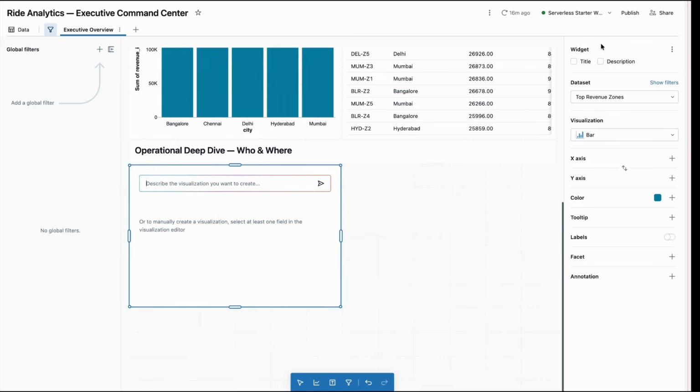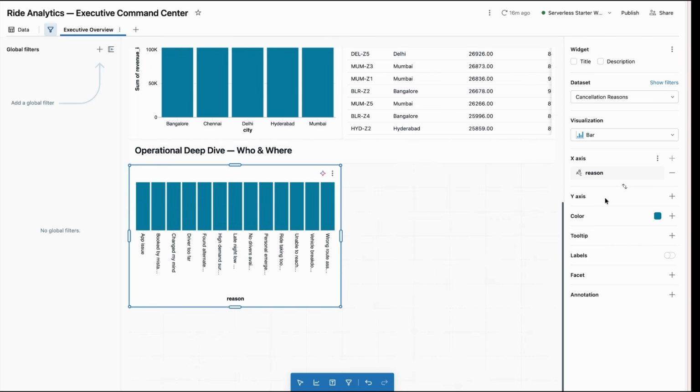The first visualization will be the cancellation reasons by city. So first things first, you add the data set here. The data set will be cancellation reasons. So this is the first data set. This will be a bar chart, that's fine. On the x-axis we'll have the reason. So you have the reason. On the y-axis you have the cancellation count,